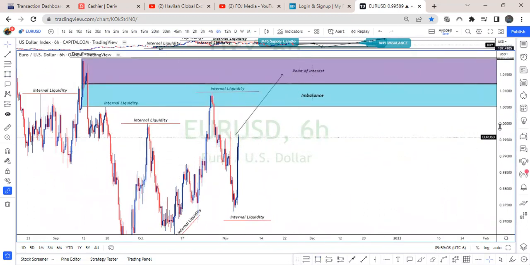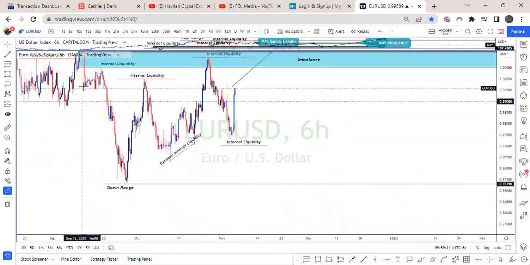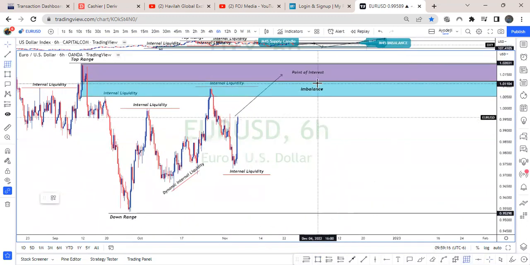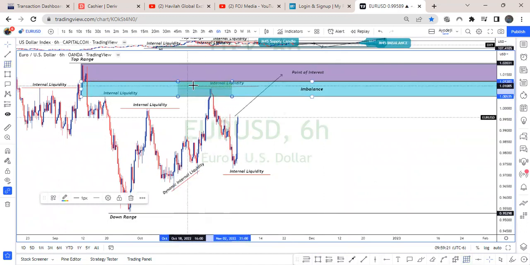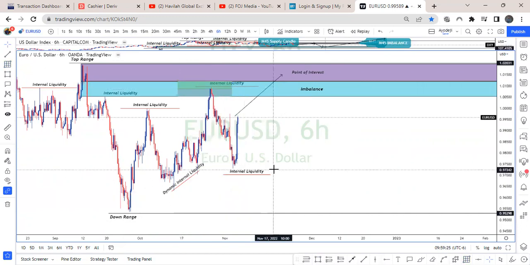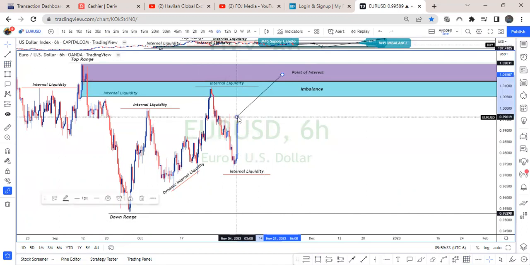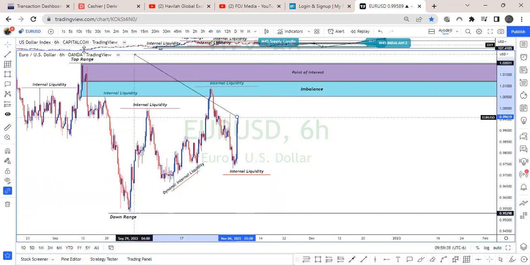Yes, we may say price has played into the imbalance. In fact, price played into it. Price tapped below above the 50%. Price turned back from somewhere around that 50%. But it's still not enough reason to feel price must still come back there. So price is likely to come back to give 100% feeling. By that, it will tap into this institutional candle or buy well into the institutional candle.